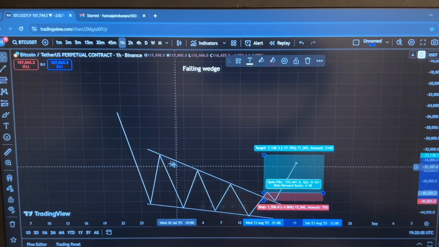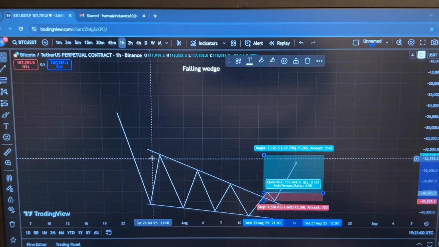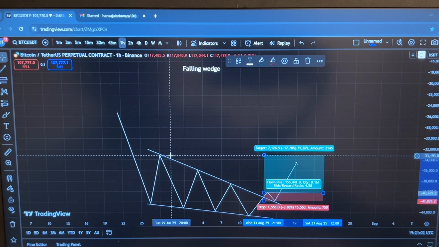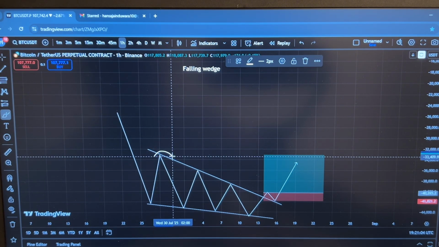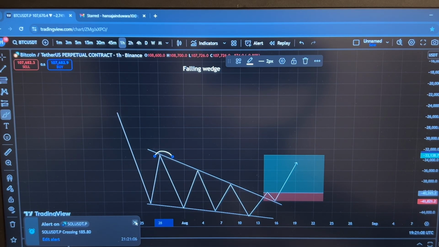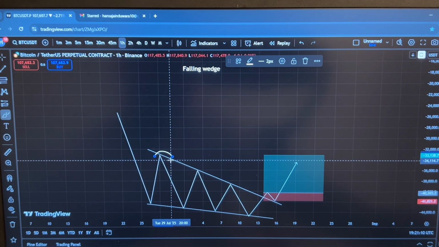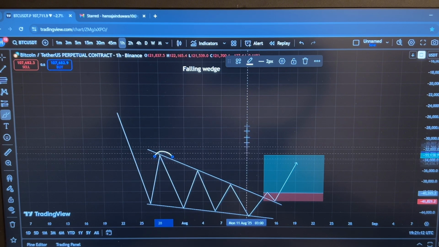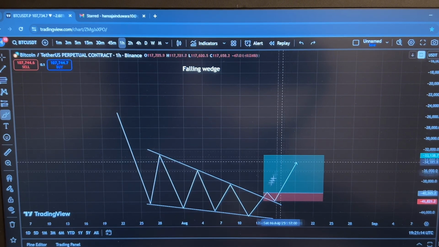So as you guys can see, there are 3 touch points. We are going to go for the last one. So this is going to be our TP. We are going to just leave it over there because the market might actually go there. So we keep it there, and then